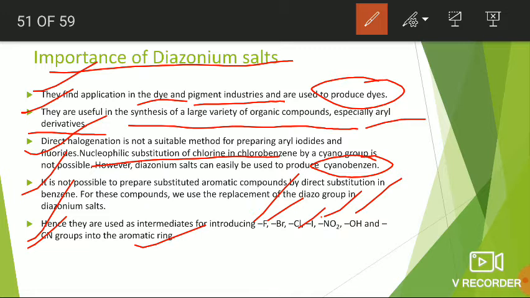That is, diazonium salts have a lot of applications in synthetic organic chemistry. In order to prepare most of the aryl derivatives, we can simply prepare some aromatic compounds which are impossible to prepare through direct methods. Okay, fine. Next,